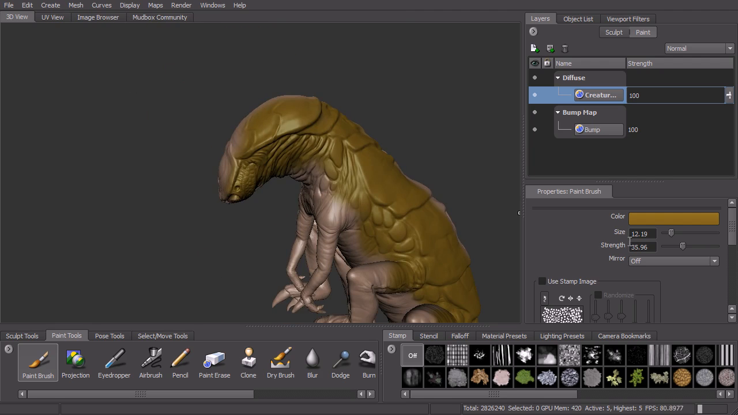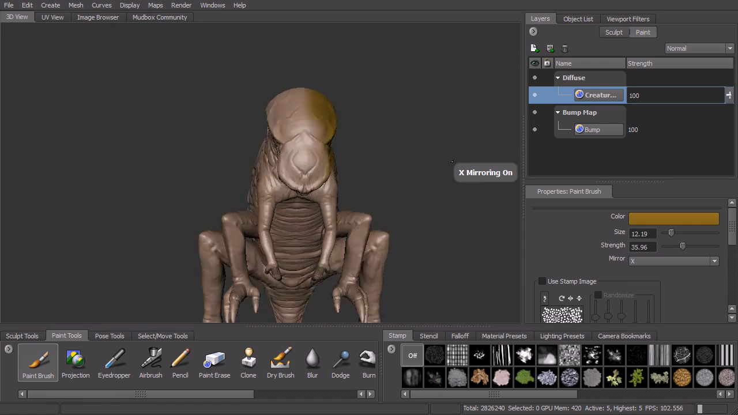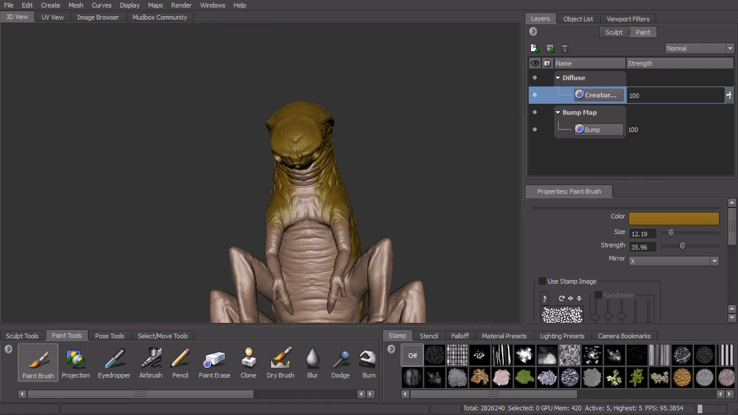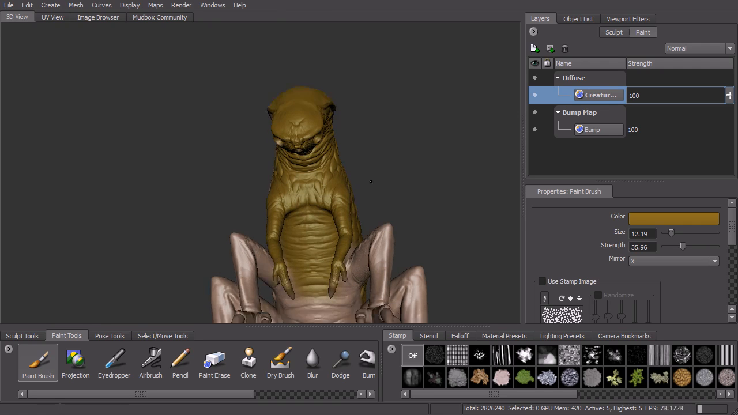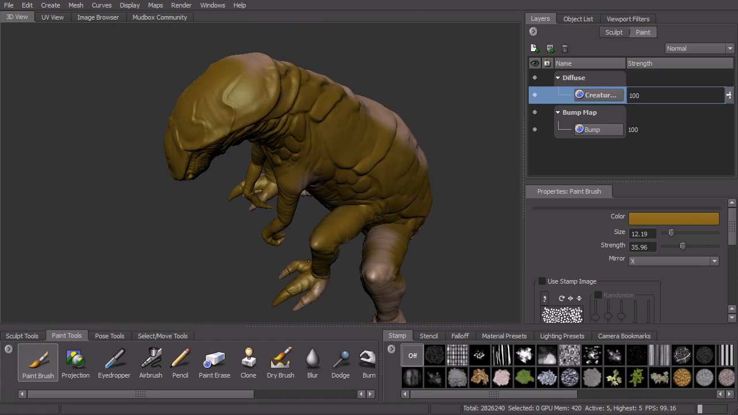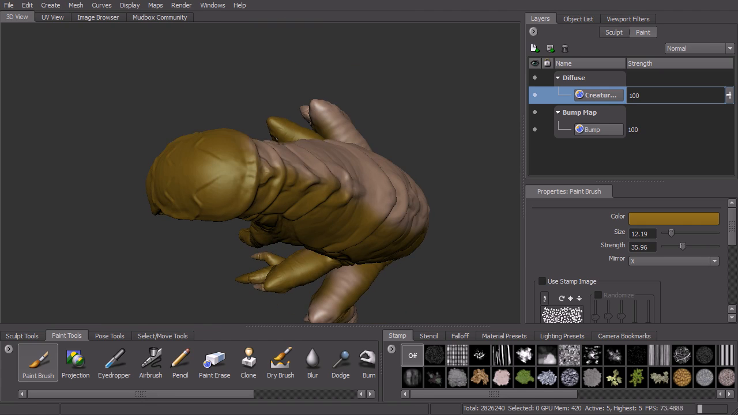We can also use symmetry. So if we turn on symmetry in the X, we can actually paint both sides of this at the same time, which makes our work a little bit easier. Okay, and come in here. We can also